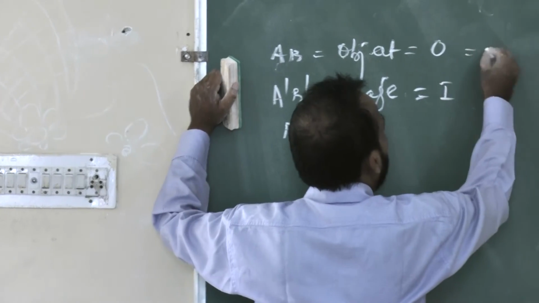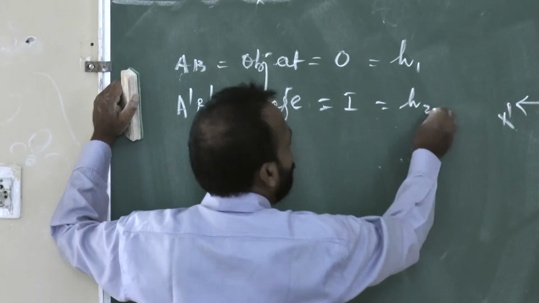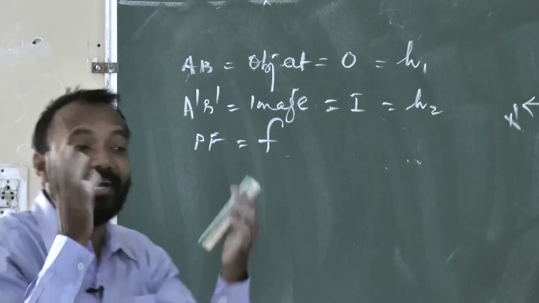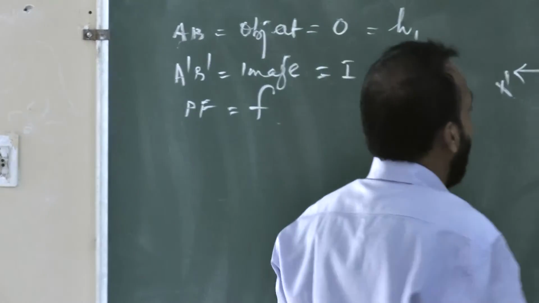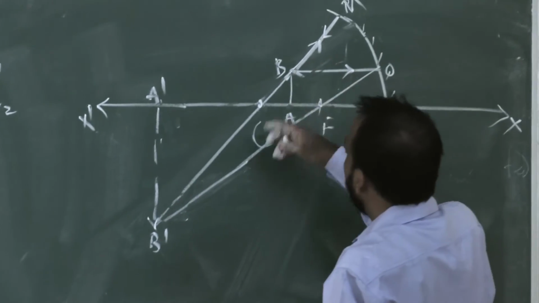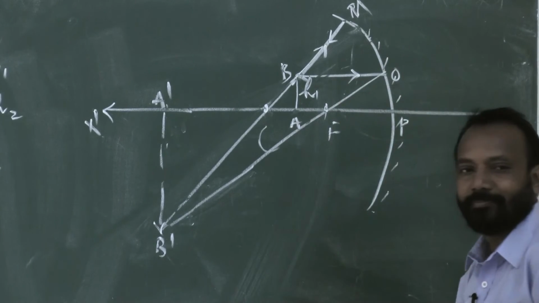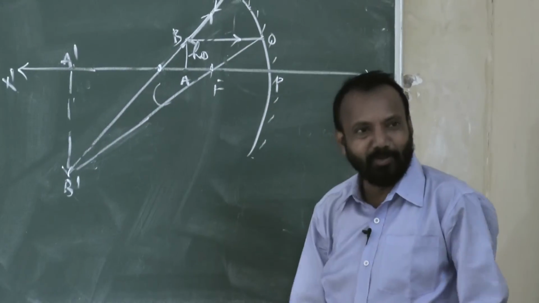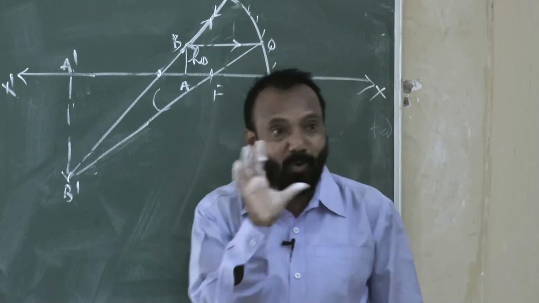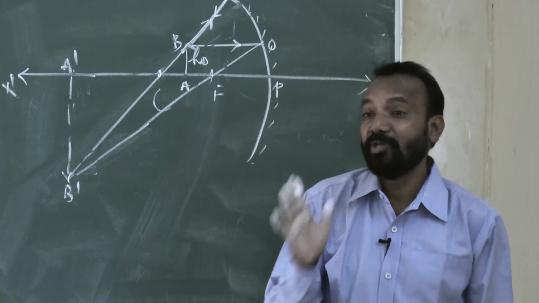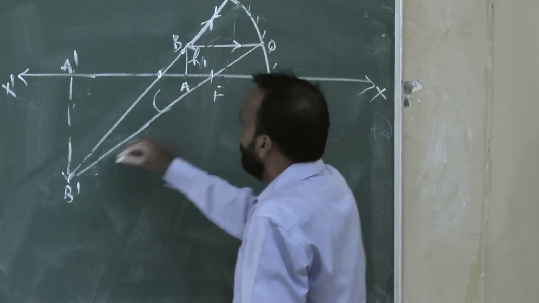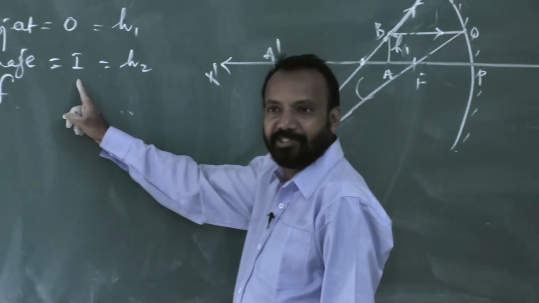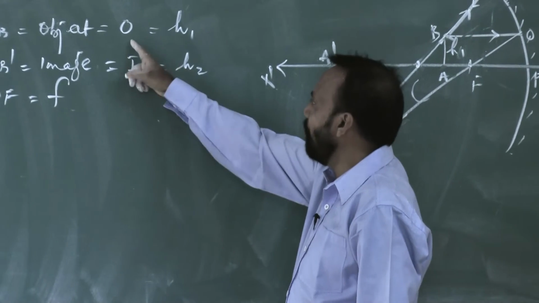Sometimes H1, this is your H2. I can write also. Image height, that may be erect, that may be inverted. Image height is the size, you know, this is AB. I can write this is H1, height of the object. So you can write HO also. Some of the books will have H1, HO, O. Different books have written differently, so you can follow it. So H1, and I can write this is your H2, A dash B dash. I have written H2 for image, O for H1.